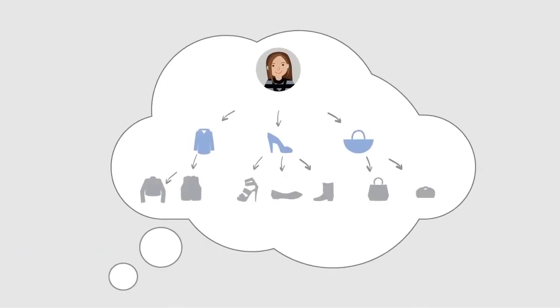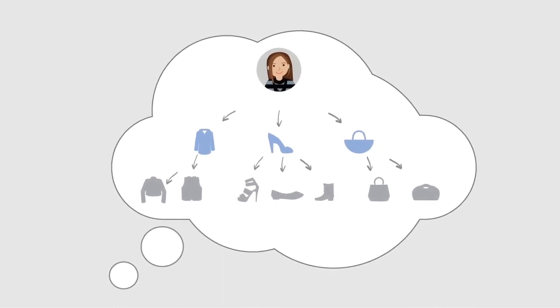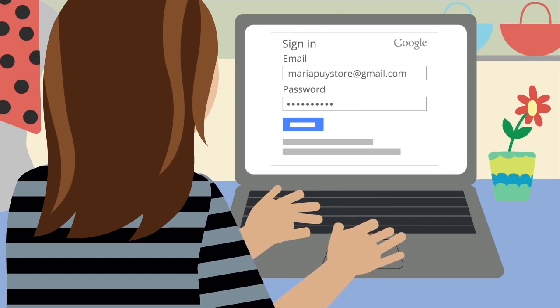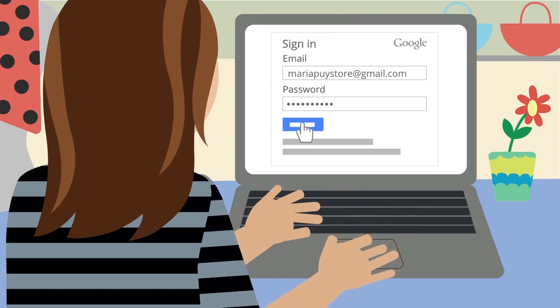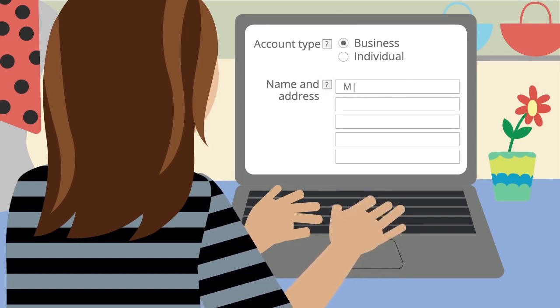To see how Maria got her account organized just so, let's go back to the beginning. Step 1 was creating her account, beginning with selecting the email and password she'll use to sign in, and providing information like her contact information and billing details.